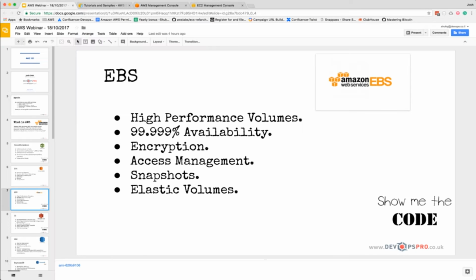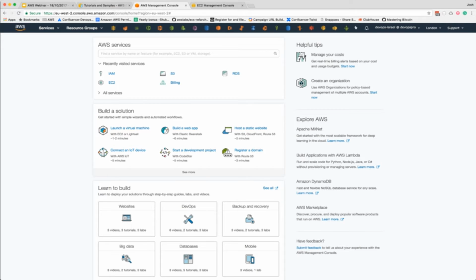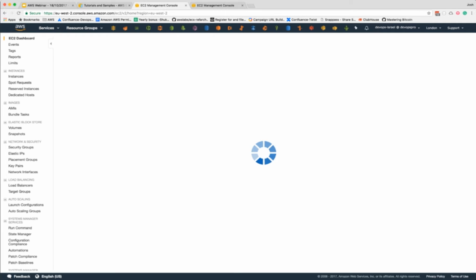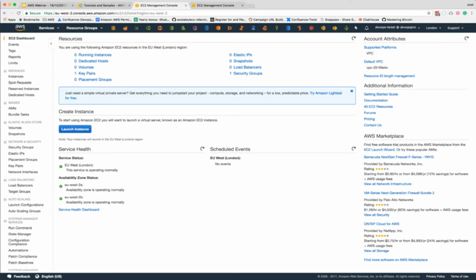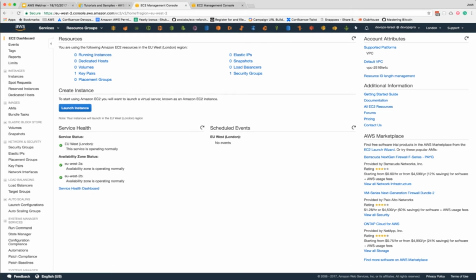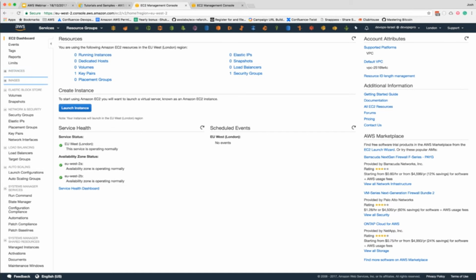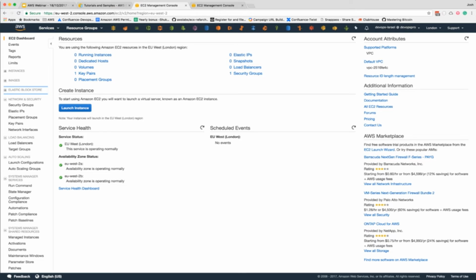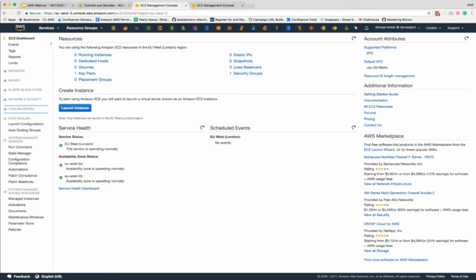So here we're in the AWS UI. I'm currently in the London region, which is the closest to me, and this is the EC2 dashboard. As you can see, it has a lot of things, but from the simplest stuff that we want to do, you can see the sections here on the side. It's divided into instances, images, elastic block storage, which is the EBS, these are the volumes, network and security, load balancing, auto scaling,